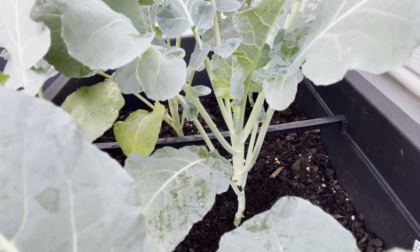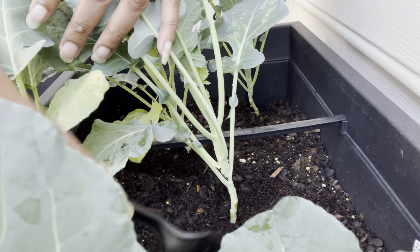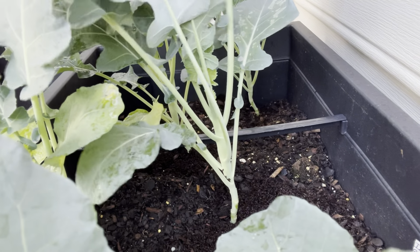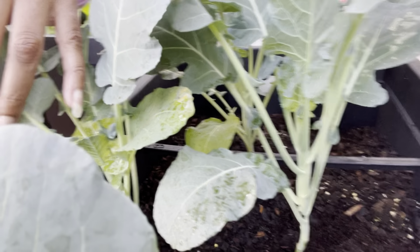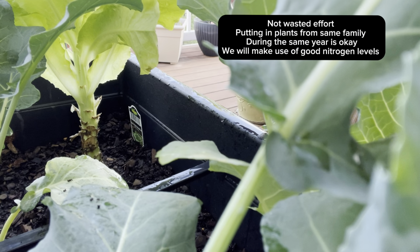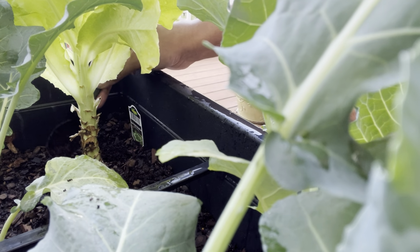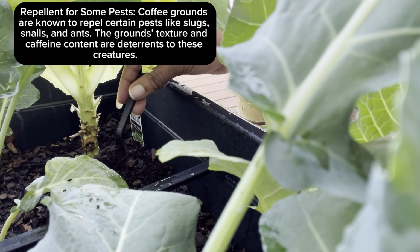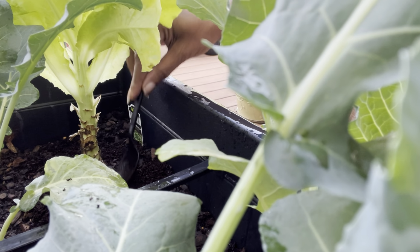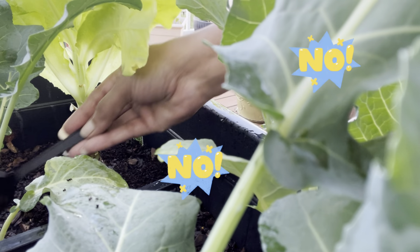Okay guys, so despite the fact that I was out here looking at these collard greens, they look relatively healthy. I spent quite a bit of time and attention to make sure that these collard greens would produce, and they are or were moving along pretty good. Look at them, they don't have a bunch of holes or pests in them. A couple of the leaves were starting to turn yellow, so I attempted to put some more nitrogen in the soil by putting a barrier of used coffee grounds around the base of them. That seemed to be helping a little bit, but then I started to notice that pests were starting to move in. They were moving in without my consent, and you know,